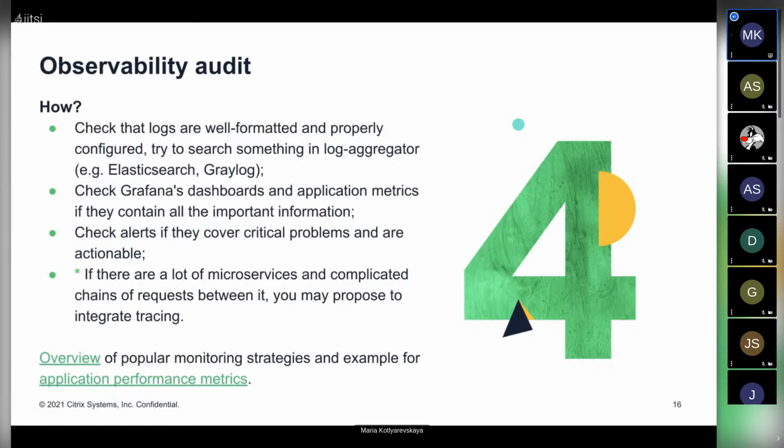You can start by checking logs, their format, if everything is fine from this perspective. If it looks okay to you, or maybe you have some policy inside your company, you can validate those logs against this policy. After that, just try to search for something related to the service in the log aggregator, and if you see that it works fine, then it's fine.